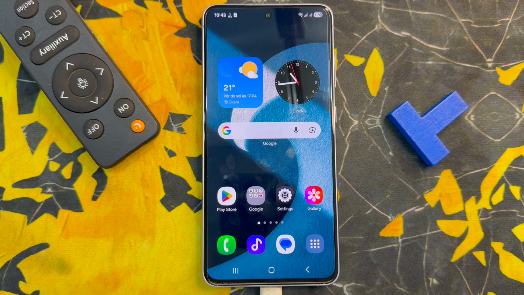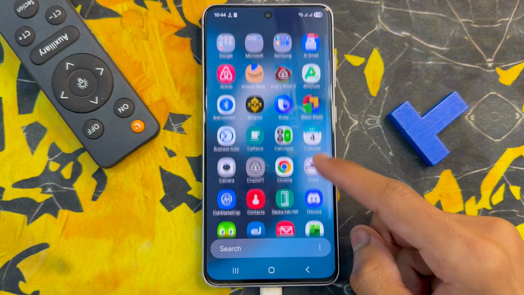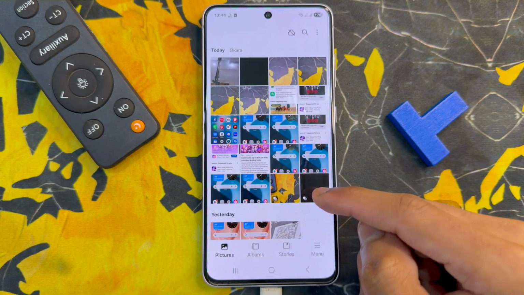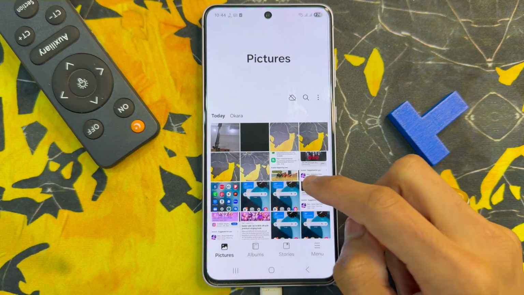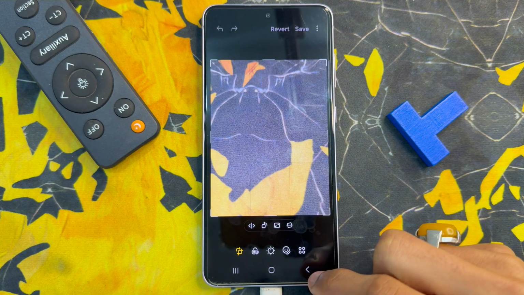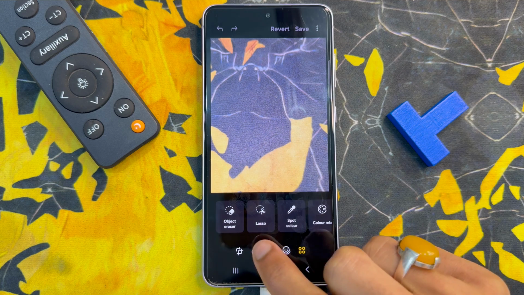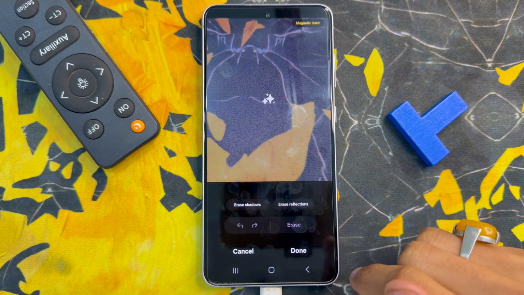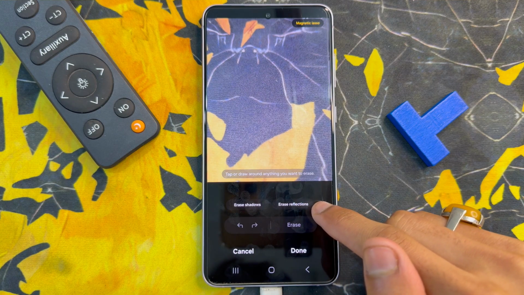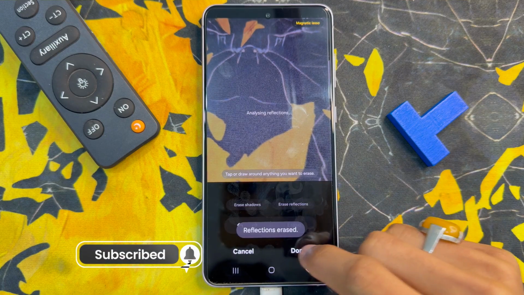Let's start the video. First of all, go to the app library. Here click on the gallery app. After clicking on the gallery app, click on a picture and click on this edit icon. After clicking on this edit icon, click on this photo icon and click on object erase. After clicking on object erase, click on erase reflection and you will see